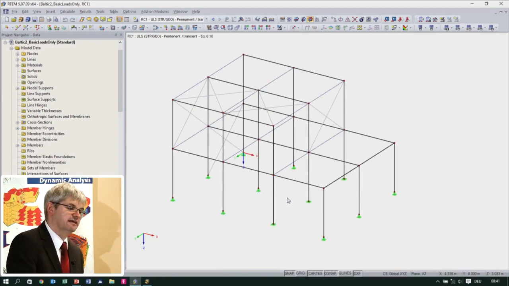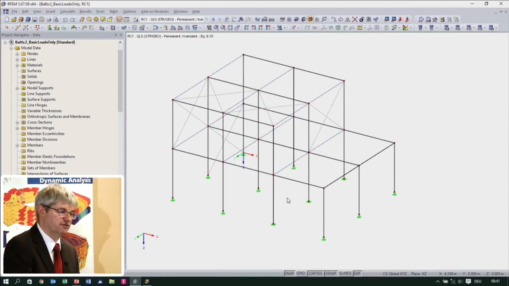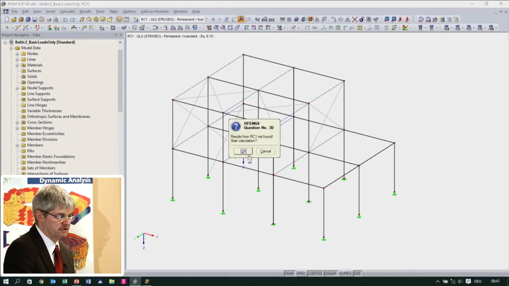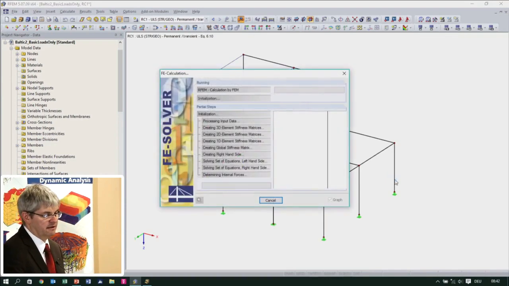Or I can do a second order analysis using imperfections. So for this, I want to know what even is the stability problem, the overall stability. So I'm going to do a first analysis with my